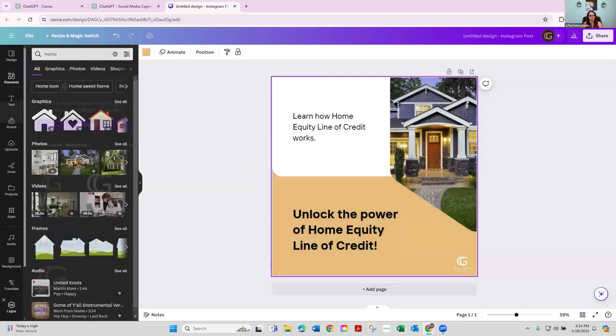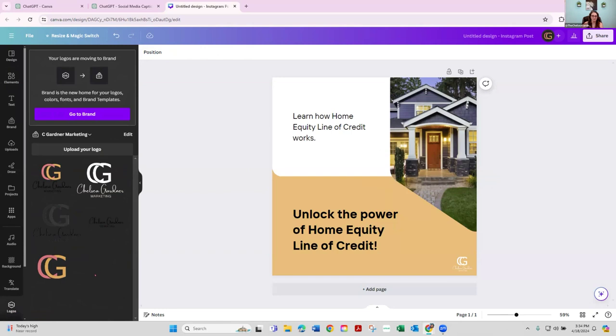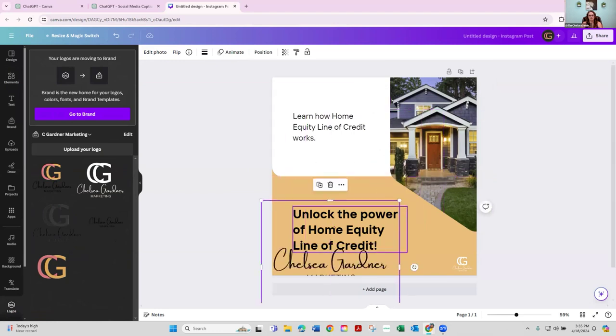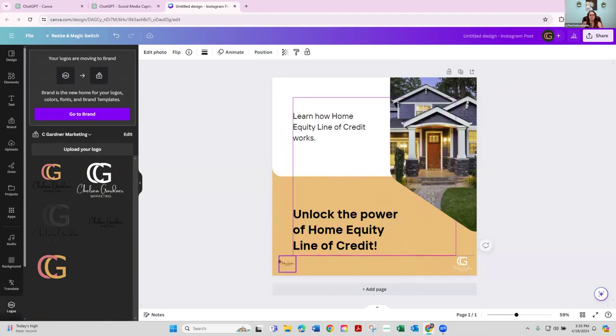My logo is already uploaded in my brand kit. I just click it and there it is. I also have in my client accounts, I have the equal housing lender logo. So all I have to do is click the, you know, let's say this is it. I click the equal housing lender logo. I make it super, super small. And then I put it in the corner of every graphic for my clients. So that's how you can easily start doing some of these graphics.